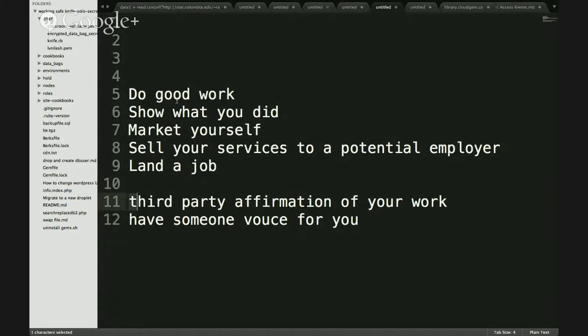So we want to enable these things, right? As opposed to just doing good work, we want to actually advertise ourselves. We want to have other people talk good things about us. And that is not easy. We have to prepare for it, plan for it, create a showcase about us, and actively do it.